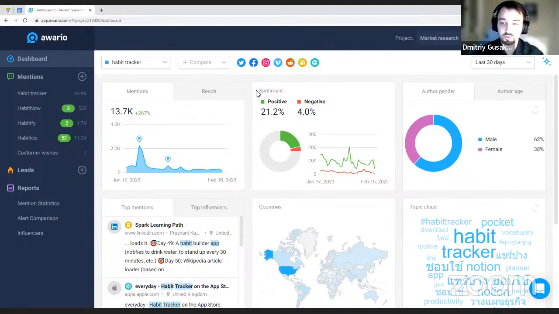And speaking of emotions, of course, that would be the second widget you see on the dashboard, the sentiment analysis, whether the mention is more positive, more negative, or somewhere in between. We can see that the percentage of negative mentions is actually very low, meaning people are generally feeling all right about productivity apps. It's not overwhelmingly positive either.